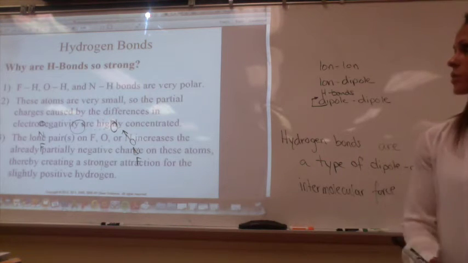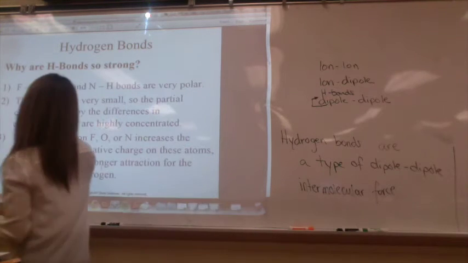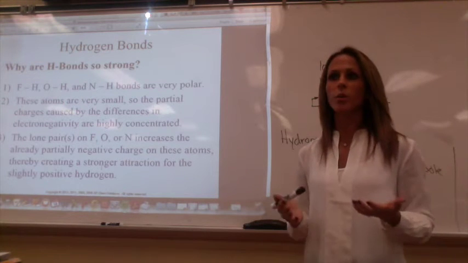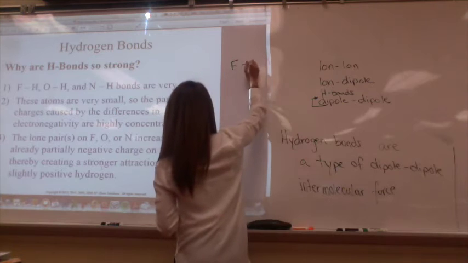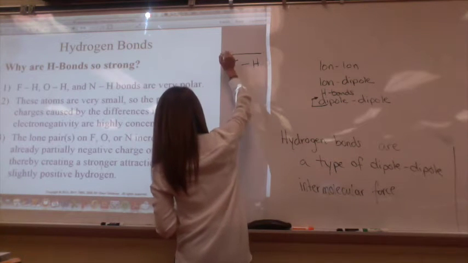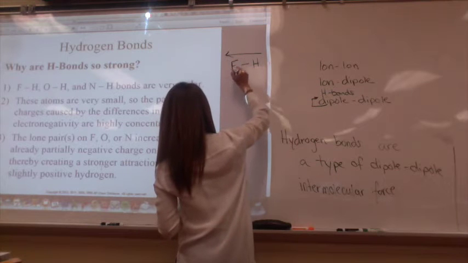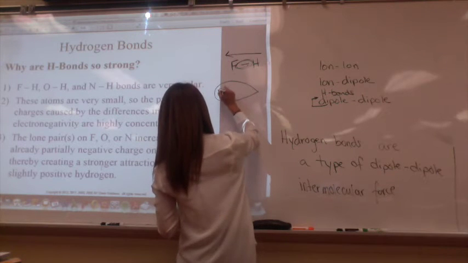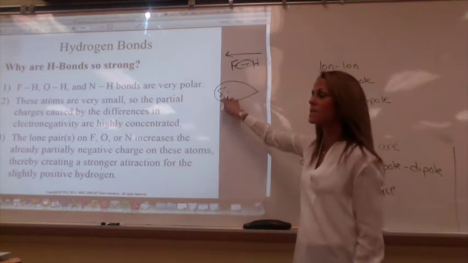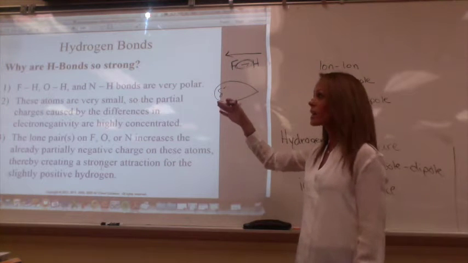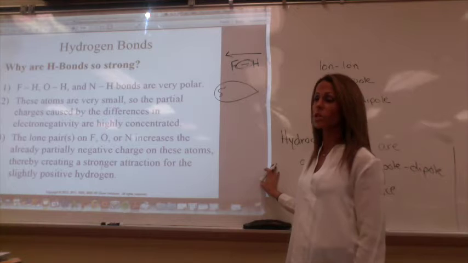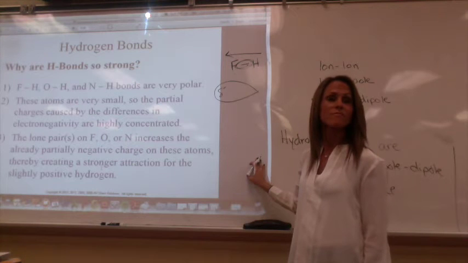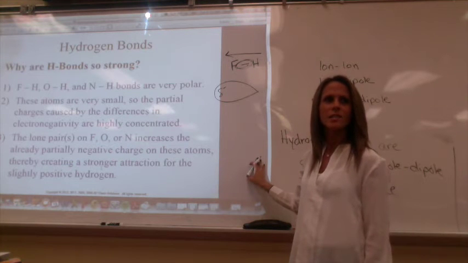So why are hydrogen bonds so strong? So fluorine to hydrogen, oxygen to hydrogen, and nitrogen to hydrogen bonds are extremely polar. So if I'm going to draw these out, like an FH molecule, strong pull of electrons over here, 1, 2, 3, 4, 5, 6 there. All these electrons in this bond are held super tight there. So most of my negative charge gets pulled to this end, right? Same thing that's true for oxygen and nitrogen. Out of those, which one is most electronegative, by the way? Which one's going to be the most polar bond? Yeah, fluorine. Why? It's the most electronegative.